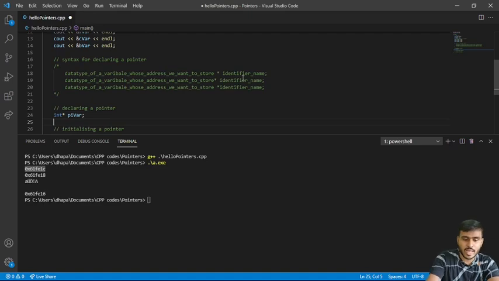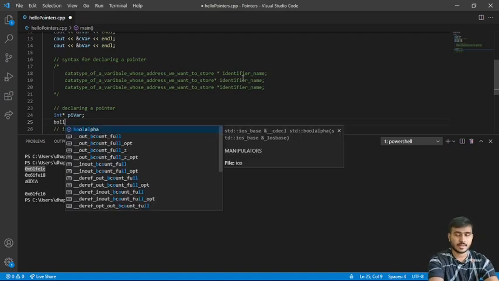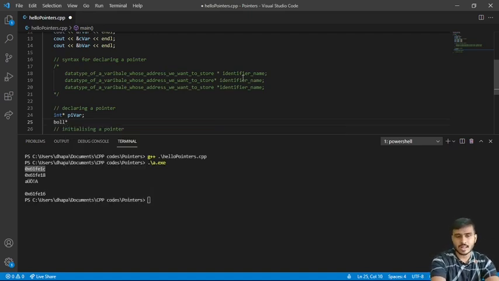So how will you do that? You have to write the data type of the variable, it is bool. Then you have to write star. Now let me write it in the second way. So I'm giving a space after bool, then I'm writing star, and then I'm writing the name of the bool pointer. So let me write